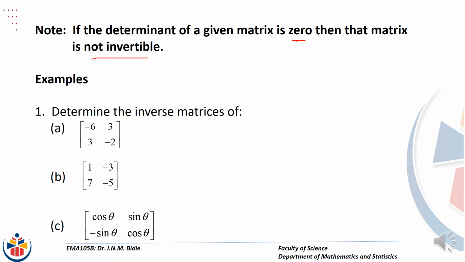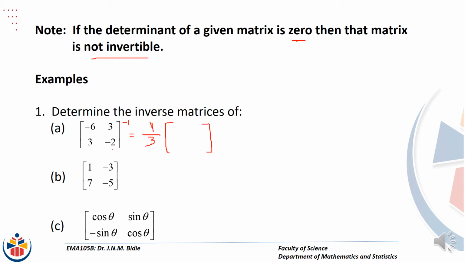I'll try to write with my mouse here. Remember that if I'm looking for the inverse of that matrix, I'll have 1 divided by the determinant of this matrix, which is -6 times -2, which is 12. 12 minus 9, that gives me 3. So I have 1 over 3 into. Now I need to